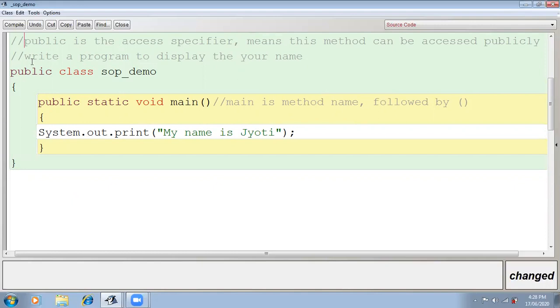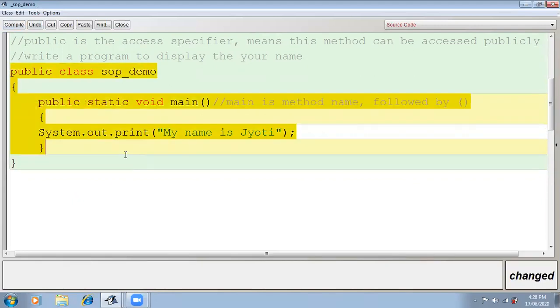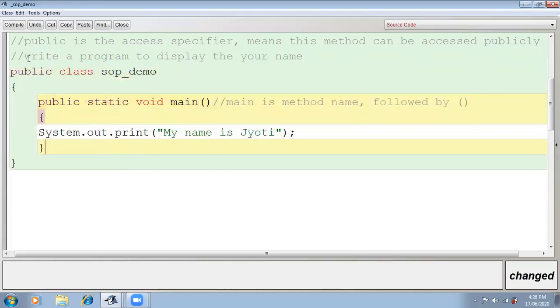Now I'm compiling this. The first step was to write the program; this program is written now. Now we will compile the program. Compile means this program is converted into byte codes. Then after that we will execute the program.